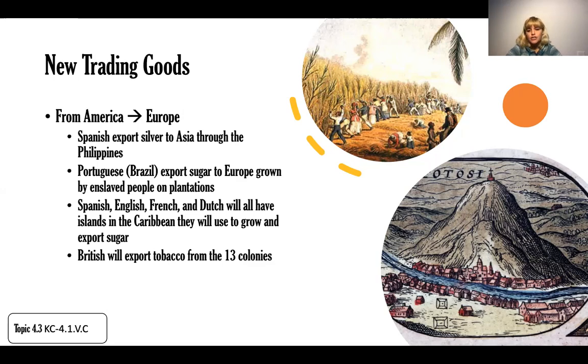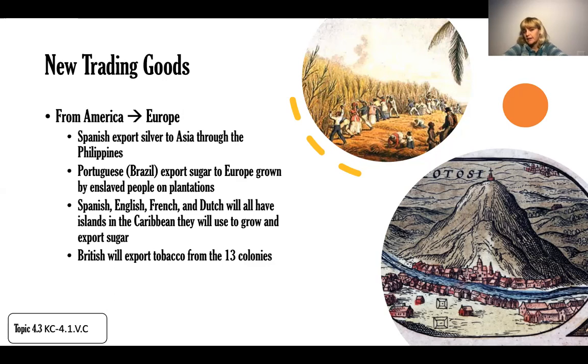the Spanish are actually going to find a literal mountain made out of silver. I've got a picture of it right here. In modern day Bolivia, this mountain in Potosi is a literal mountain made out of silver, and they are going to mine it through enslaved person labor. And they are going to take that silver and bring it to the Philippines, and they are going to use the Philippines to